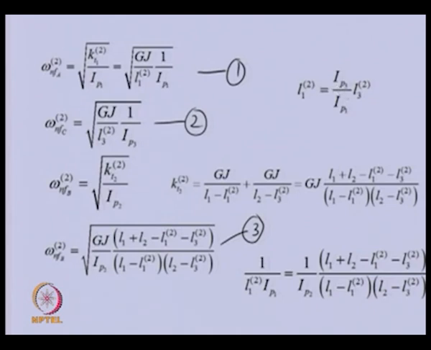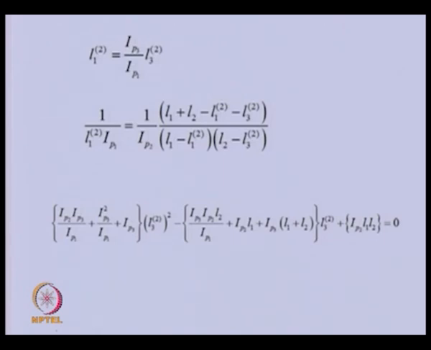Then if we equate the first one and the third one, we will get this expression. So, this is another expression which relates L1 subscript 2 and L3 subscript 2, and using this, in this equation we can eliminate one of the unknowns, that is L1 subscript 2. So, we can substitute here and in other places, so we will be left with only L3 subscript 2 in this expression. So, if we do that, we will get